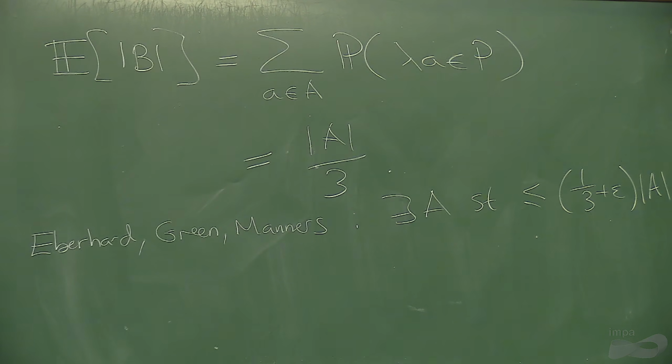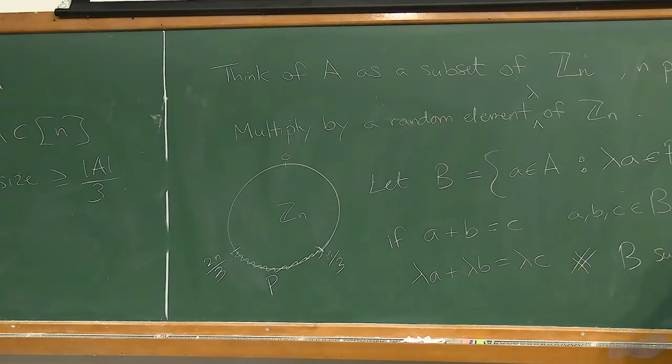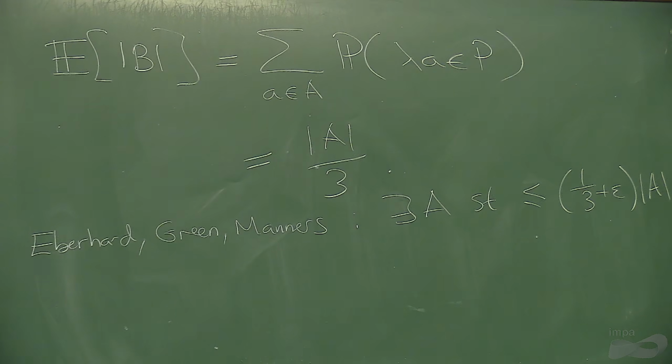That was exactly what I was going to ask, because if you have a better choice of P, automatically you get a better bound. Yes, sorry, in Zn for n prime, this is really the best thing. It depends on what n is mod 3 or something. So in Z5 you can do better, you can do 2/5 or something.